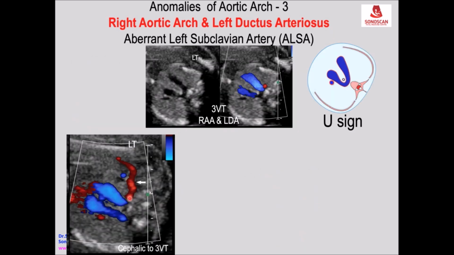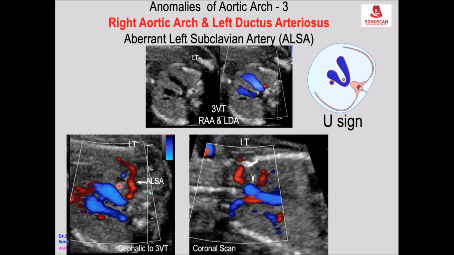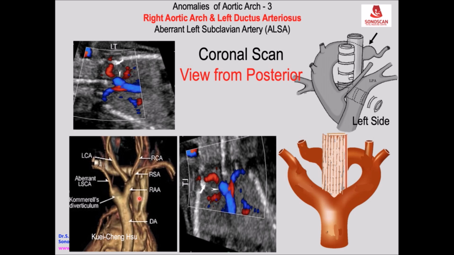So first it's arising from the distal aortic arch and goes to the left. So this will be U sign with aberrant left subclavian artery. So when you do a angio,